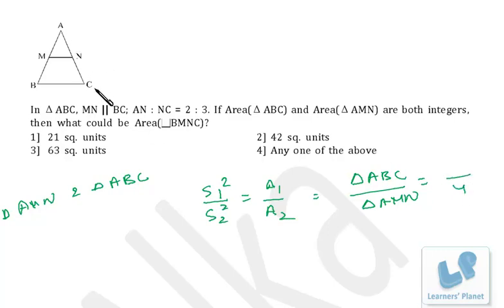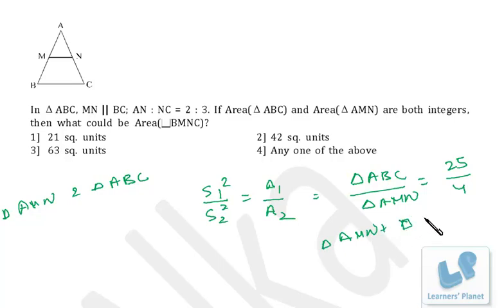But the complete length will be AN plus NC. That is 5 parts, right? So the square will be 25. Now we have to find out BMNC. Now ABC is what? AMN plus, I'm sorry, MNBC. So it's AMN plus